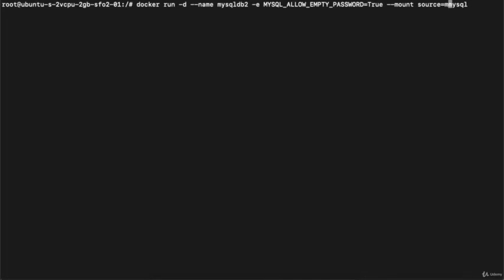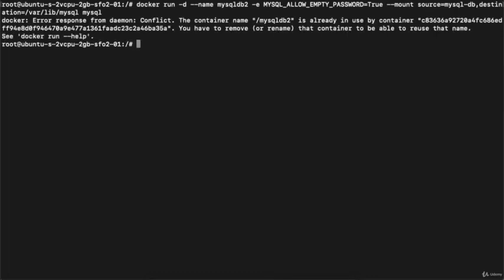Suppose I'm defining mysql-db, then put a comma, then destination equals, and define the destination where the volume will be mounted. So my volume will be at /var/lib/mysql, right? Hit enter.